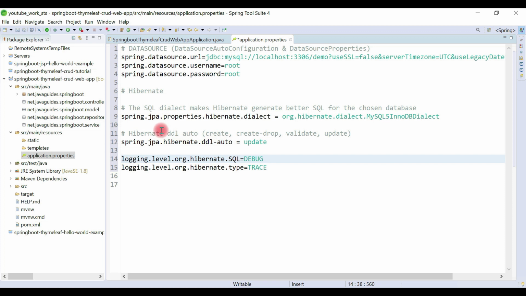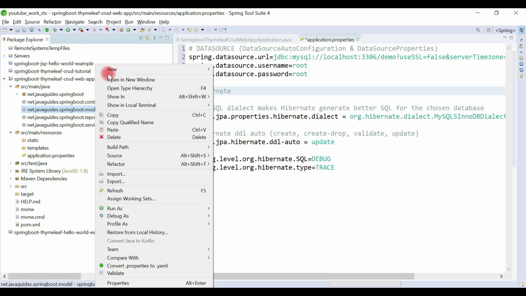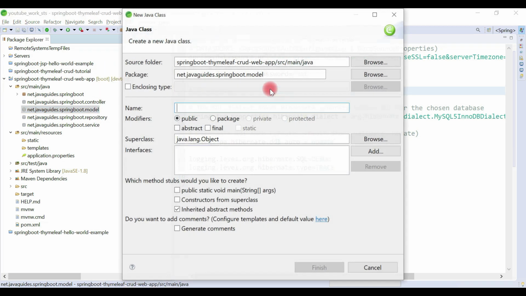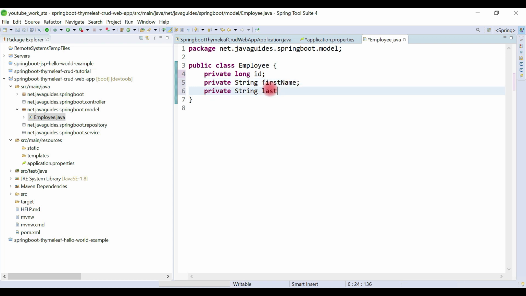All right, once we have configured the MySQL database and created it, we'll create a JPA entity. We need to create a domain model. So go to the model package, new, and then choose class. Let's give the domain model name as Employee, and let's create a few fields: private long id, private String firstName, private String lastName, and then private String email.